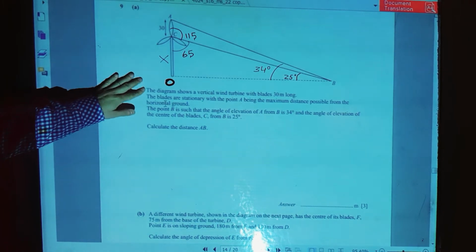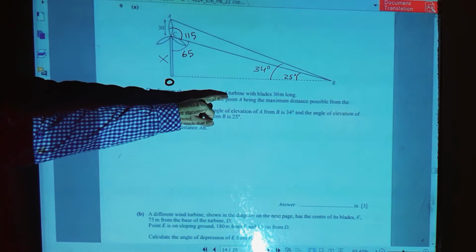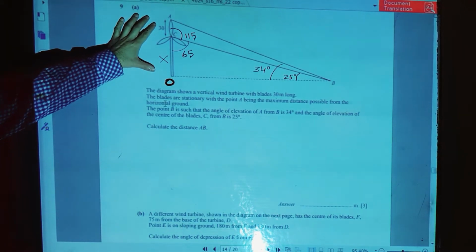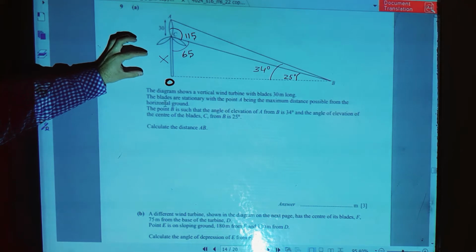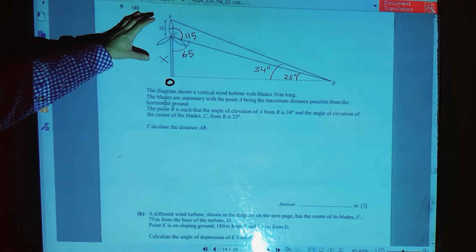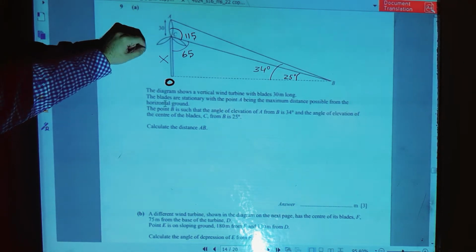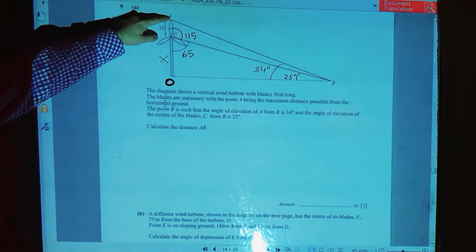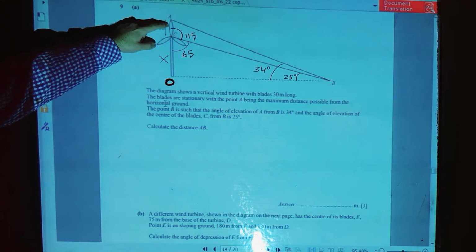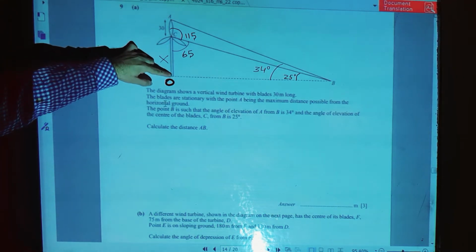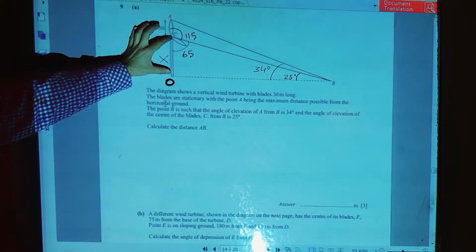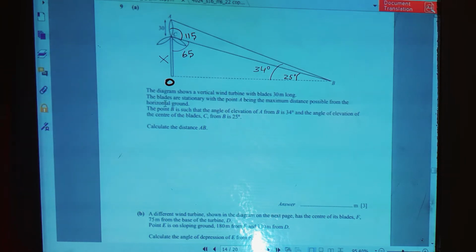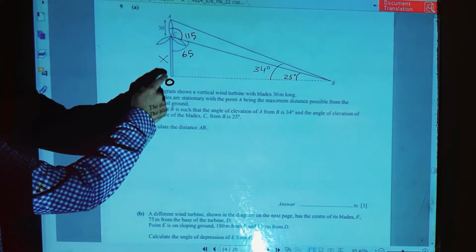Well, the diagram shows a vertical wind turbine. Yes, we have a wind turbine with blades 30 meter long. The blades are stationary, with the point A being at the maximum distance possible from the horizontal ground. Right now this is 30 and this one we don't know about it. Anyways, so the point B is such that the